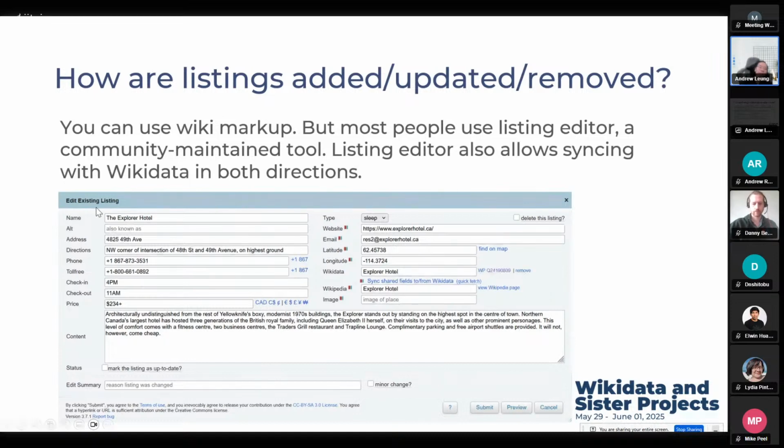Instead of working with the templates and the parameters, and looking up whether a particular parameter works, for example, you would not have a parameter for check-in and check-out time for a train station, because train stations do not have check-in and check-out.